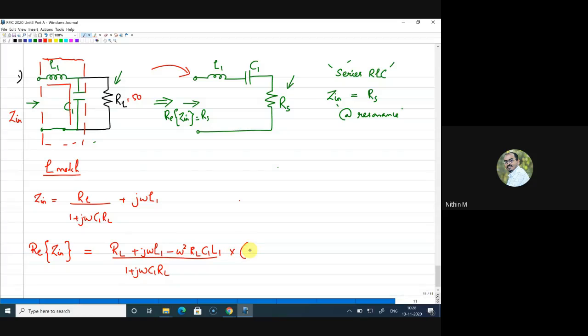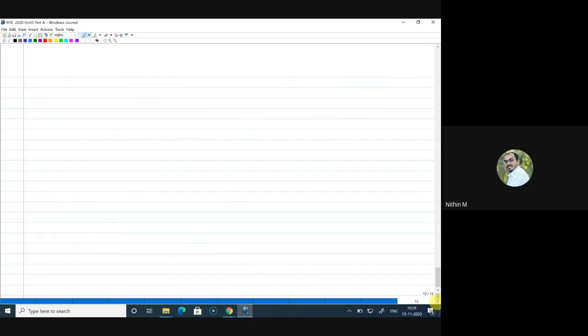I think now I need to multiply this with 1 minus j omega C1 RL. Yeah, so you will get it as, some of you have written the answer, so I'll directly take it. So the real part of impedance will be equal to RL divided by 1 plus omega square RL square C1 square, right? So this is the real part of impedance, or this can be further written as, so what is this